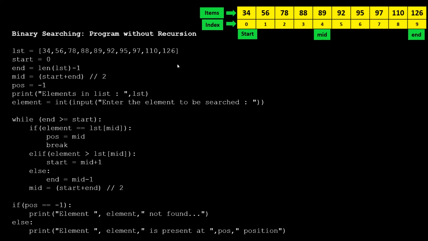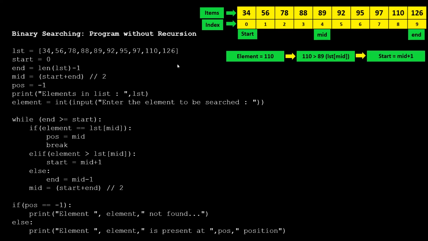So the mid is placed at the 4th index position. Now the element that we need to search is, let's assume, 110. This 110 is first of all compared with 89. 89 is the value which is placed at the mid position in this list.